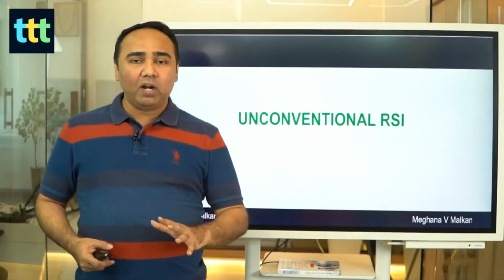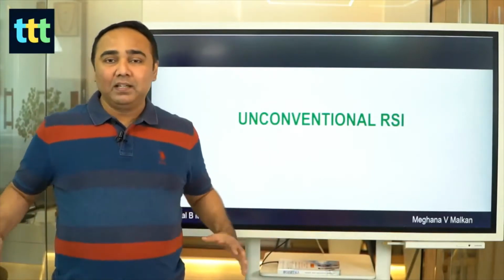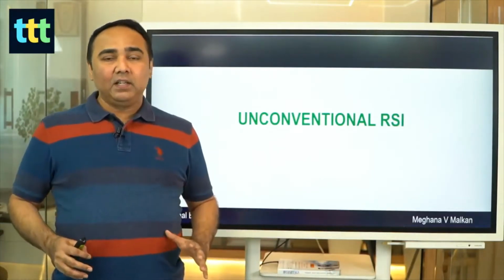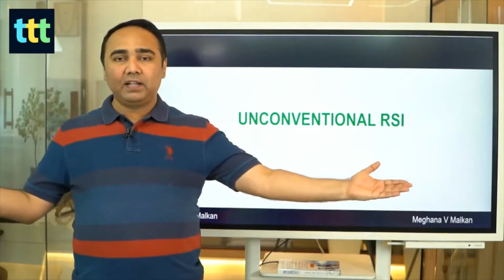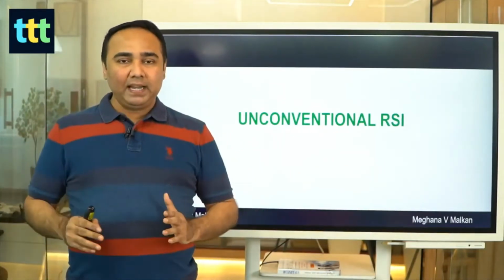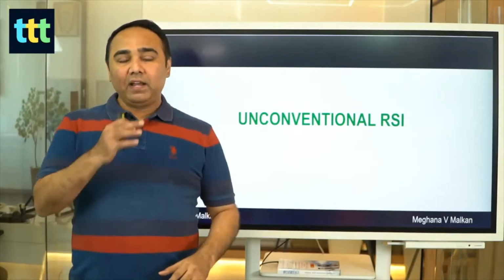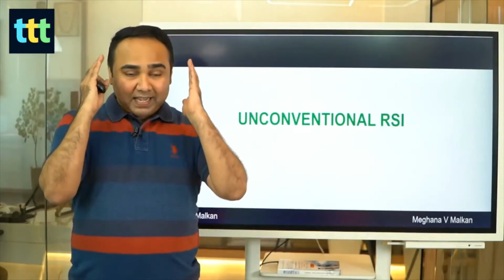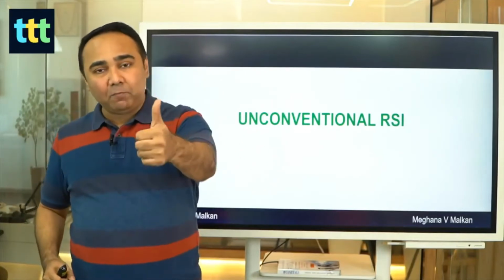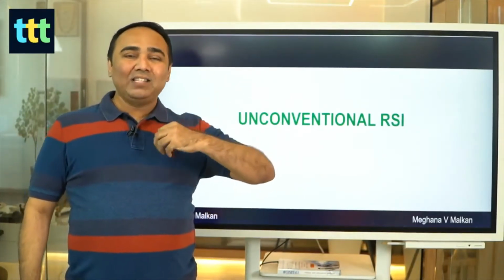So now let's talk about RSI, the unconventional RSI. What is unconventional RSI? Simple, right? You need to be very clear about your speedometer. Let's say you have a speedometer between 0 to 240, and you can demarcate the whole indicator. Say, if I go up to 80, it's slow. If I go from 80 to 120 or 140, it's medium, and above 140 is fast, whatever. There has to be something which tells you there is an uptrend, downtrend, or sideways. Overbought, oversold, the earlier one, is not so clear.